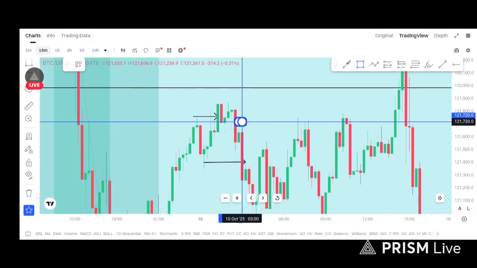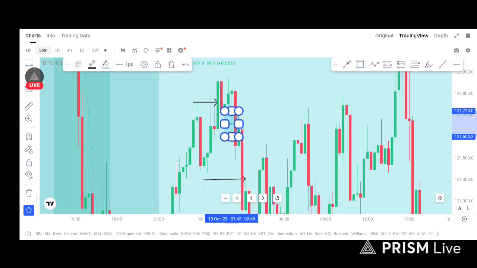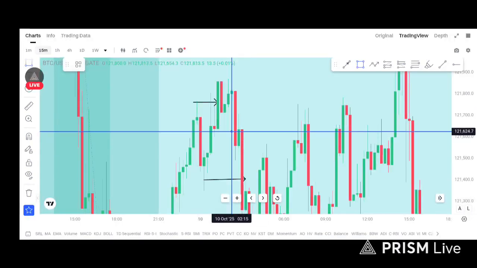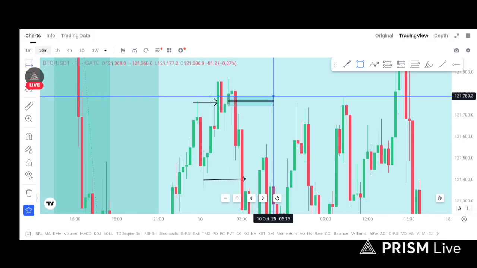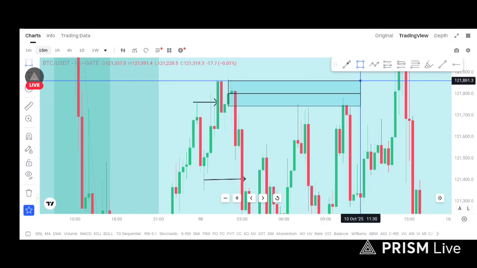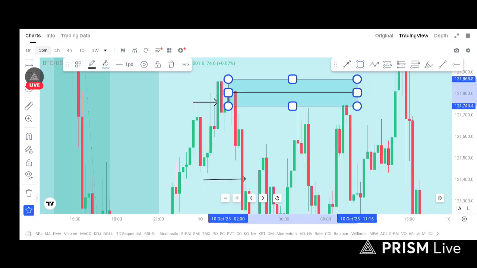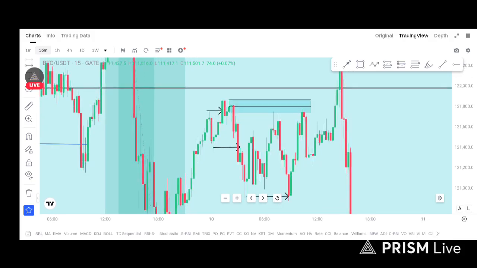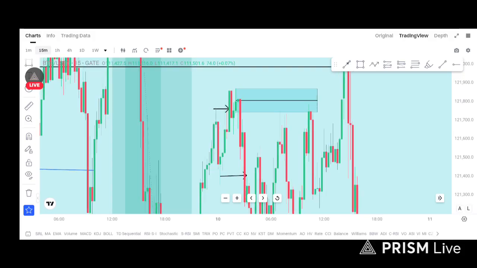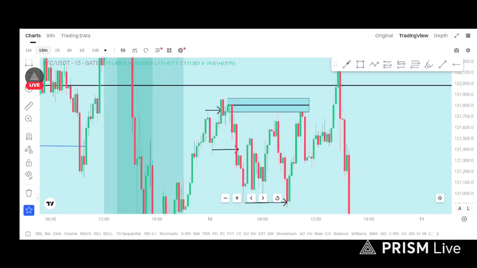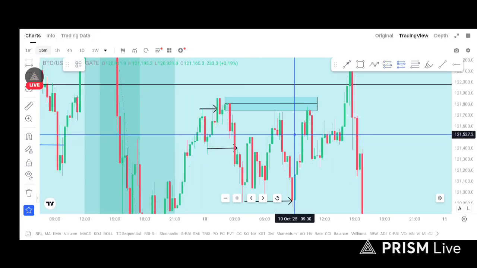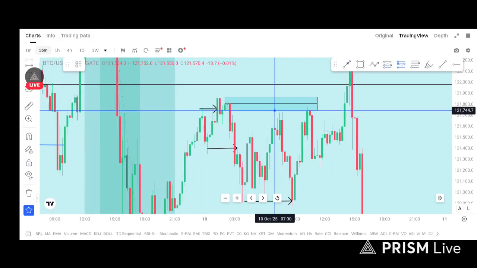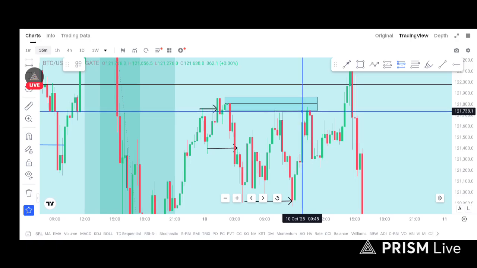We have a very beautiful pin bar here, right? So you are going to take that pin bar and wait for market to take it out, okay, and tap you in. So what can you see? Market did take it out, right? Market took out that liquidity, okay, and tapped into that order block,